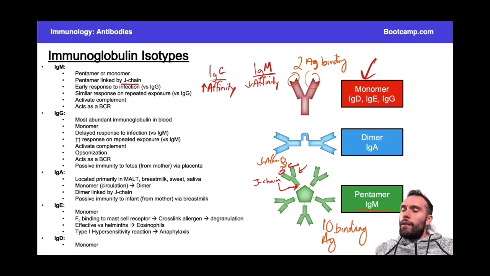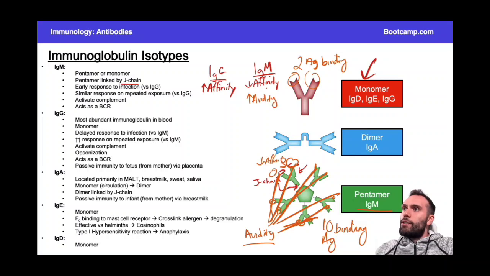overall, the whole molecule, if we add up all of the binding from all of these individual sites, might actually have an overall increase in its ability to bind antigens. That we would call the avidity, okay? That's if we totaled up all of these different sites together. That would be the avidity, whereas the affinity is just referring to that one site. And so we might say that this IgM antibody potentially might actually have a higher avidity,